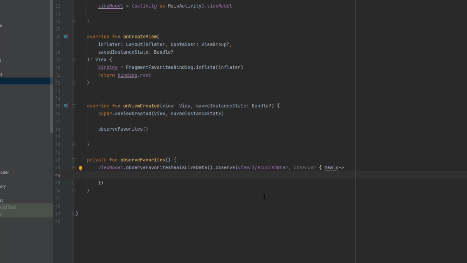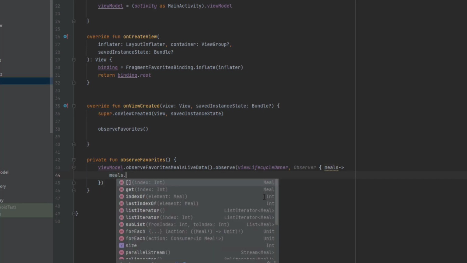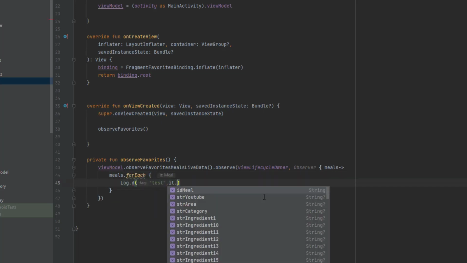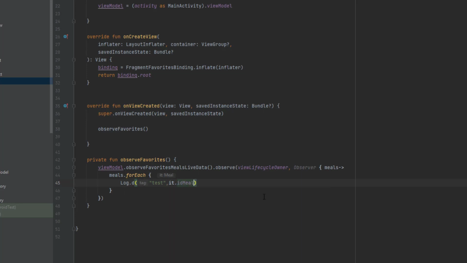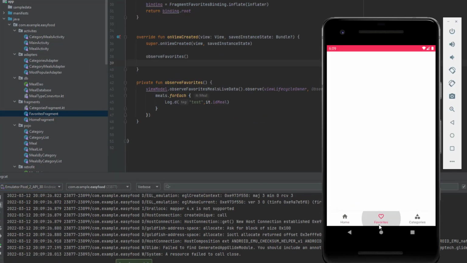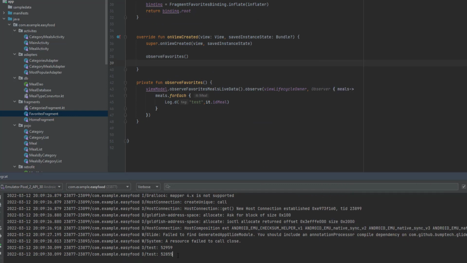Now to check that we actually got all the saved meals, I'm gonna have a forEach loop and log the name of each meal that we have got, or I can log the ID meal. So let's see if everything works. If I go to favorites fragment, and as you can see, yes, I get the ID meals of all saved